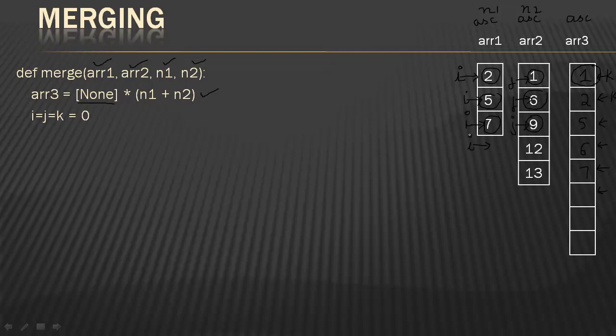Now when you increment I, you realize that the array is done. The first array is over, so there are no more comparisons required. Whatever remains in array 2, there are no more comparisons to be done. Whatever I have in array 2, which I have not transferred to array 3, just transfer it here. Now in this scenario, array 1 got over first. Array 2 could have got over first. Then in that scenario, whatever remains in array 1, you transfer it to array 3. So that's the logic that we are going to use.